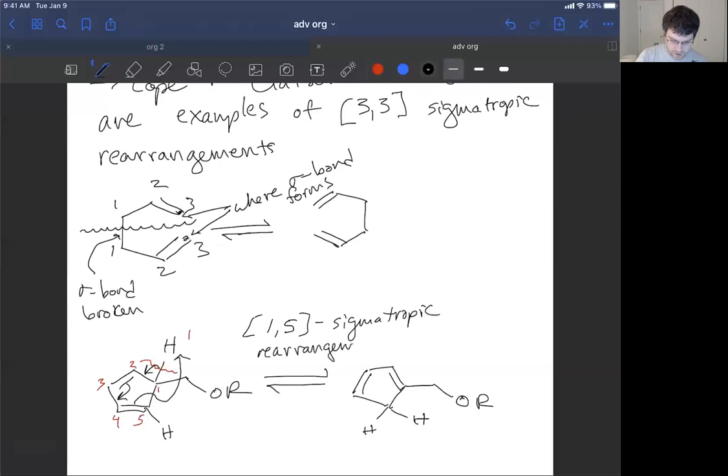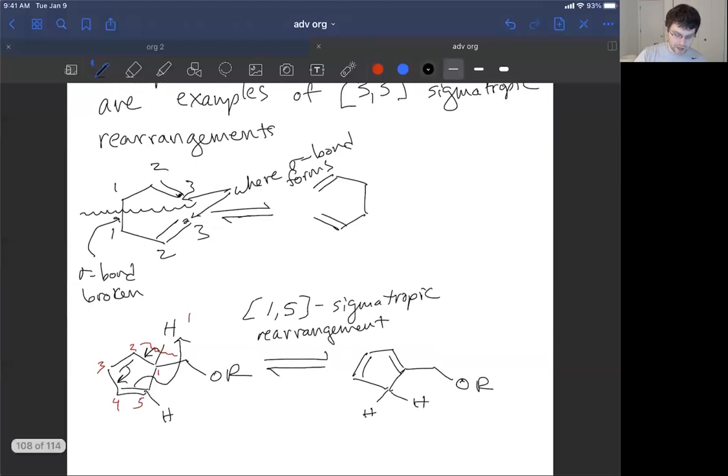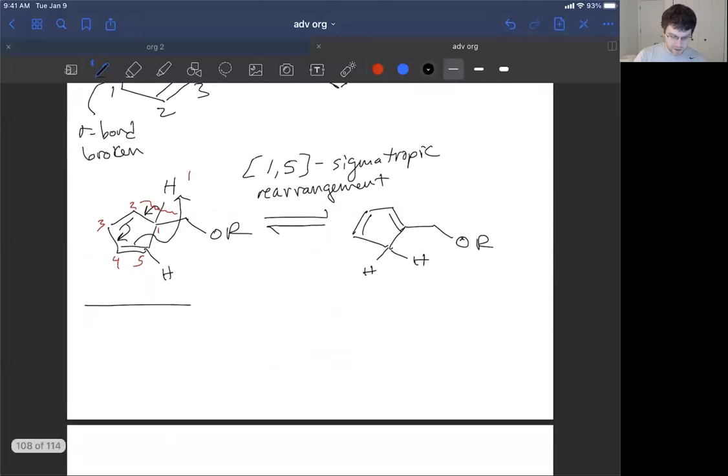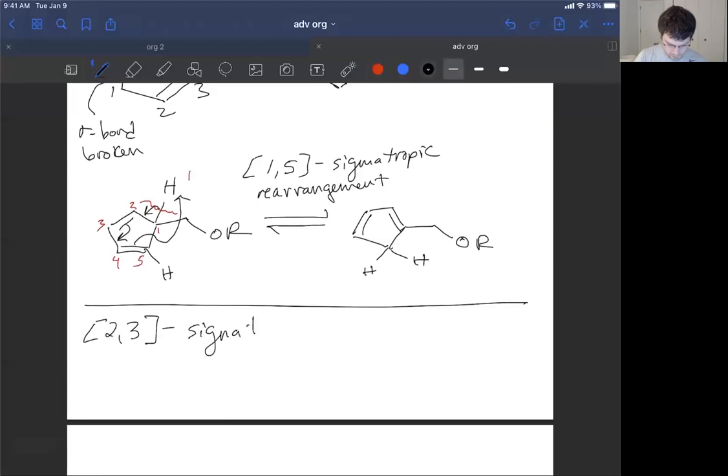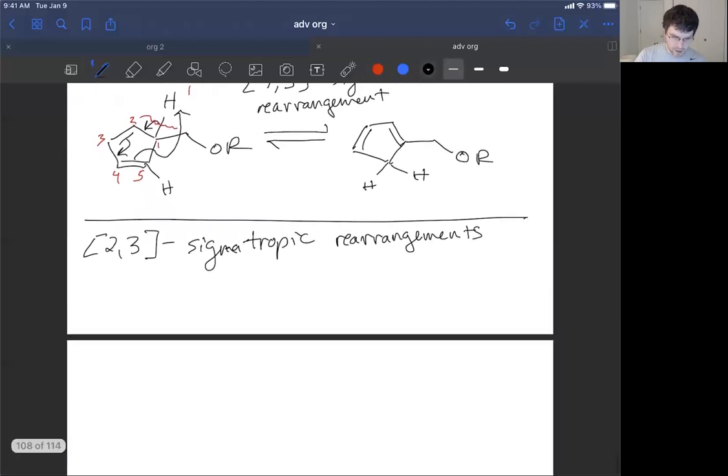So you can have these migration reactions, I guess, that are considered to be pericyclic in mechanism, in which case they would be examples of the movement of one atom by way of a sigmatropic rearrangement. Now, the numbers within the brackets don't always have to add up to 6. We could look at 2,3 sigmatropic rearrangements. And so an example from the book is if we have a system with a sulfoxide,